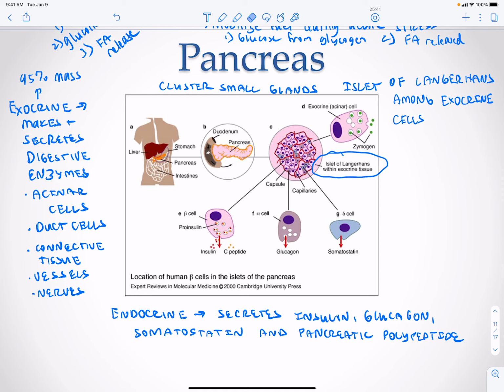Now you're going to have cells. We're going to have our alpha cells, our beta cells. We also have gamma cells, or what are called F cells. So you have your alpha cells. That's of course for glucagon. You have your beta cells for your insulin. And you have your gamma or F cells. And this is going to be about 1 to 2% of the pancreatic mass.